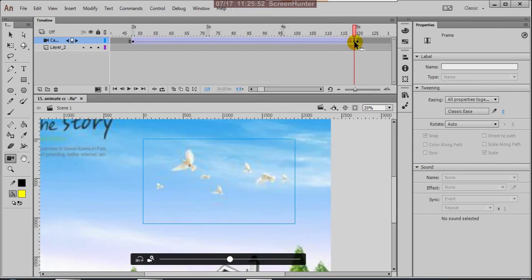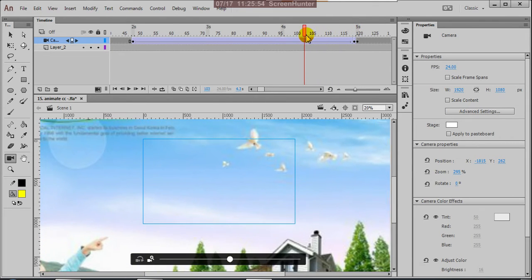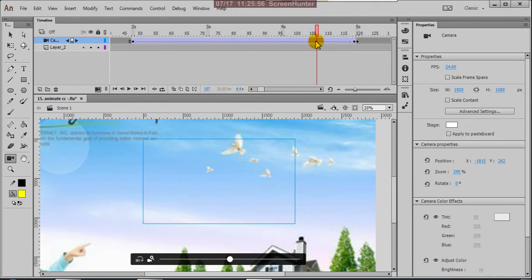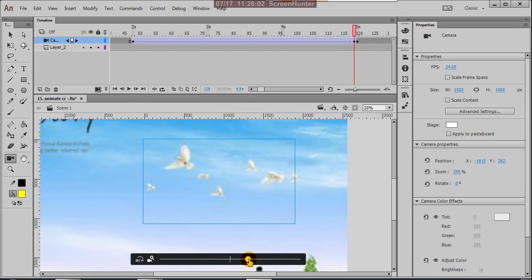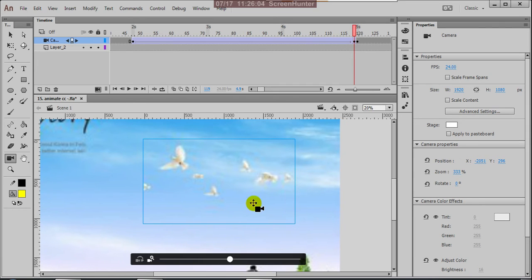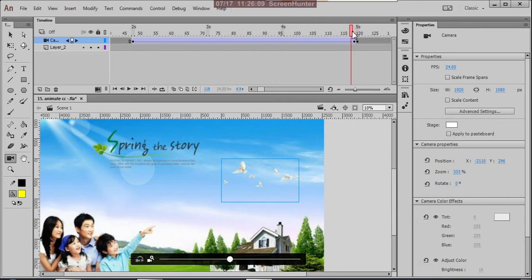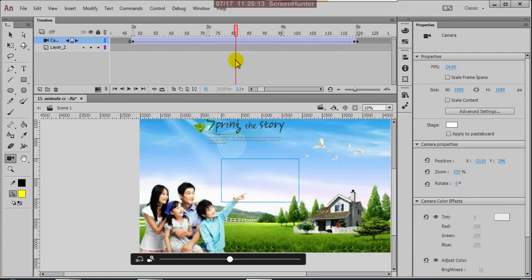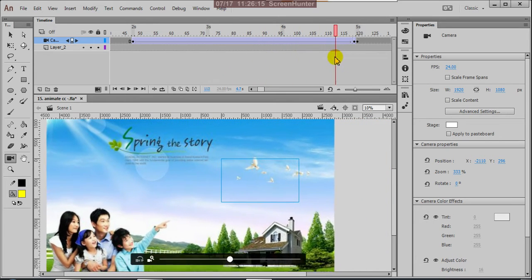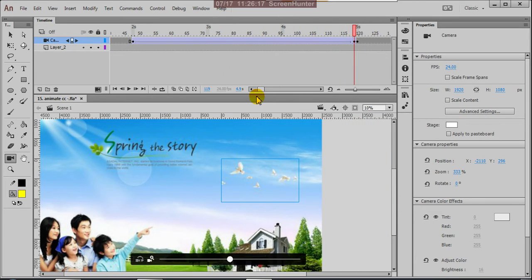Okay, now it is not adding this text. Yes, this is okay.